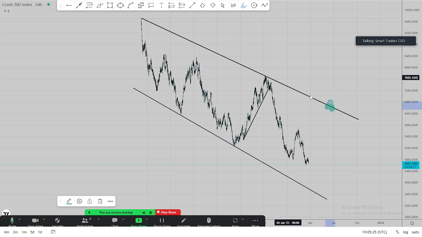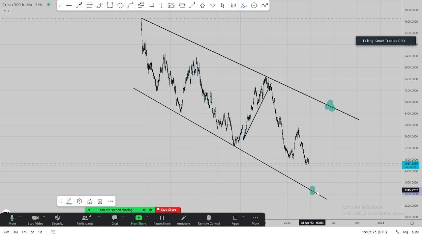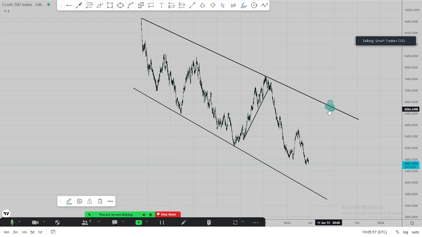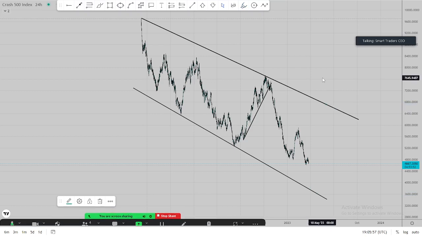Whereas when it's on the higher time frames like that, at the bottom there, we look for buying. Definitely we buy at the bottom and sell at the top. That one, it's not a question, you don't even need to ask twice. Once the market comes to the bottom, we buy. Once it comes to the top, we sell. What we simply wait for is a rejection and a confirmation in lower time frames, then we jump into the trade.